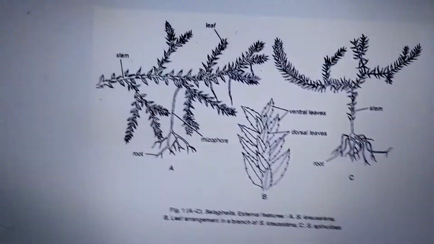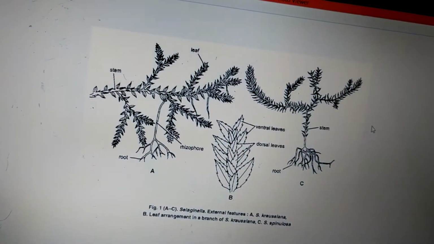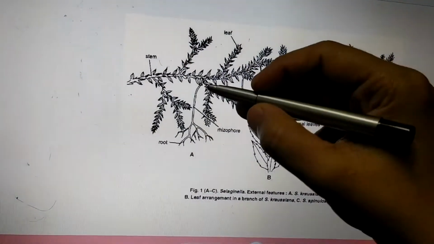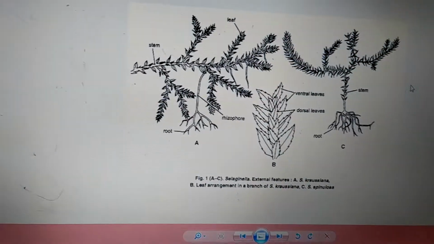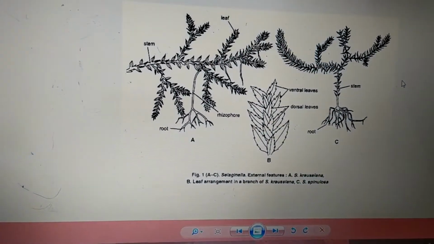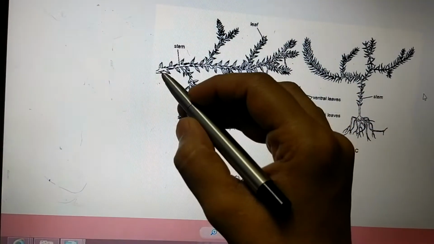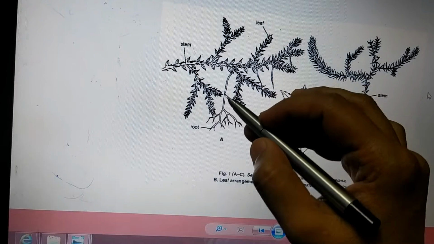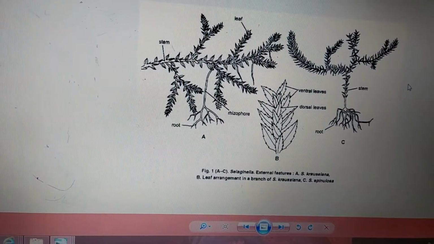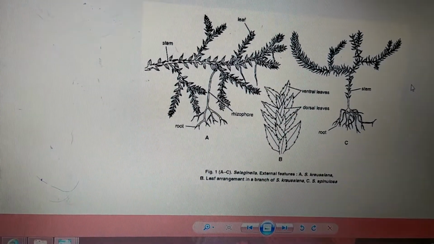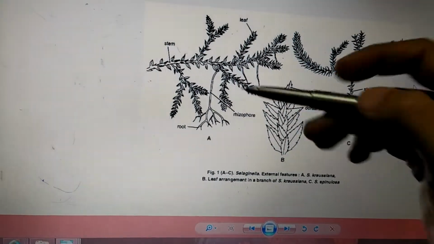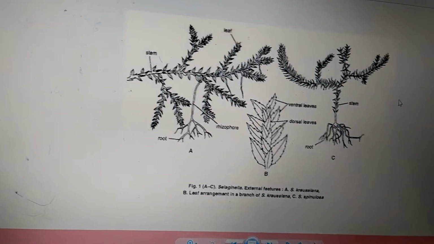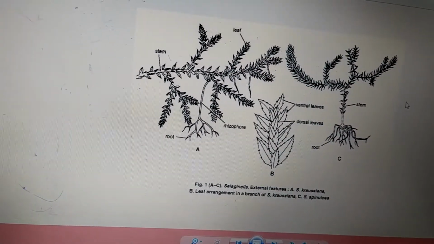After ligule it is root, or you can even call it a rhizophore. Now this structure is nothing but a rhizophore. This structure arises from the prostrate axis, that is the prostrate stem, where there is dichotomous branching. From that point arises this structure called the rhizophore. This rhizophore is colorless, leafless, as we can't see any kind of leaf on it. It is a colorless, leafless and unbranched cylindrical structure.